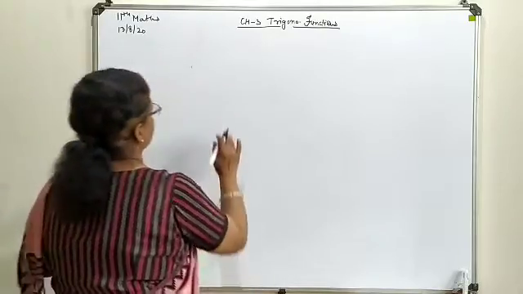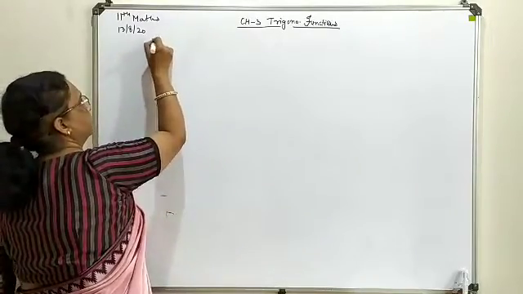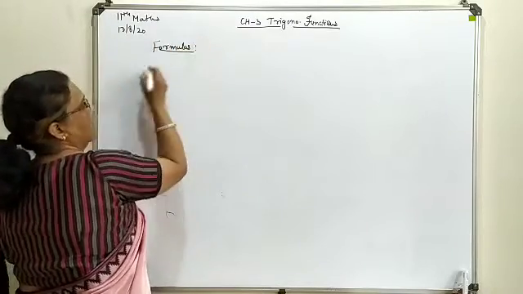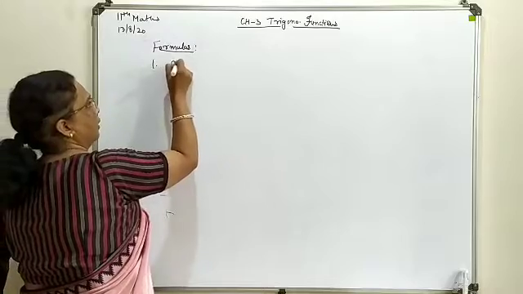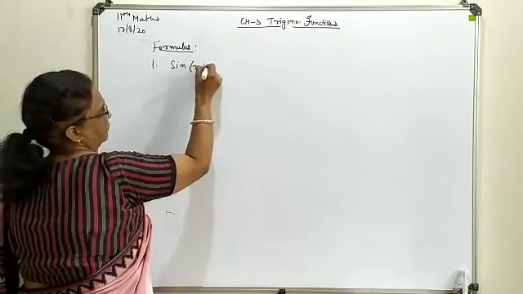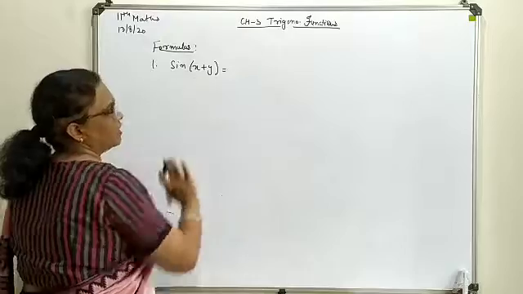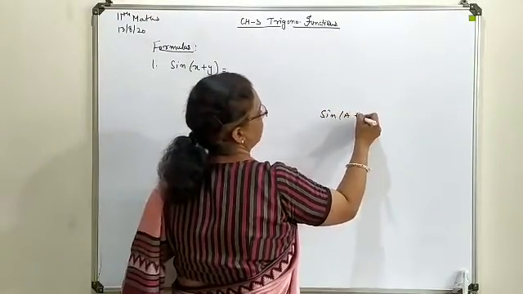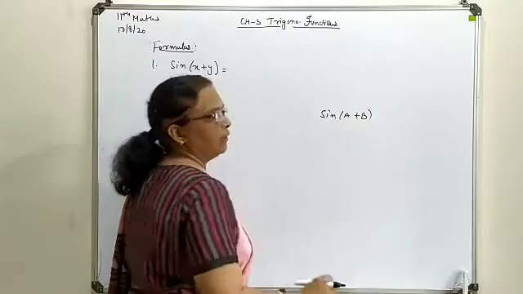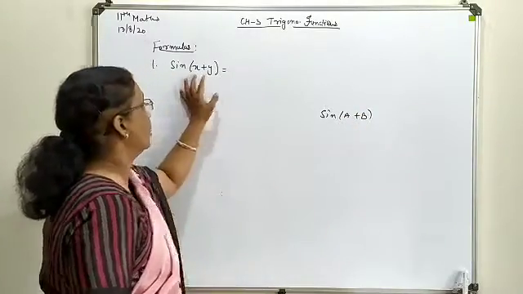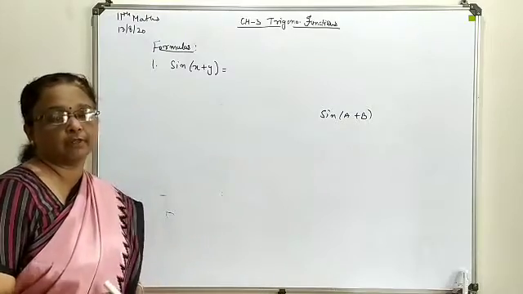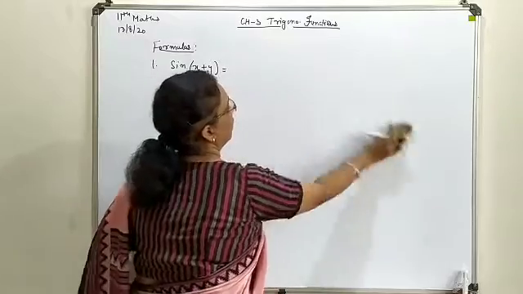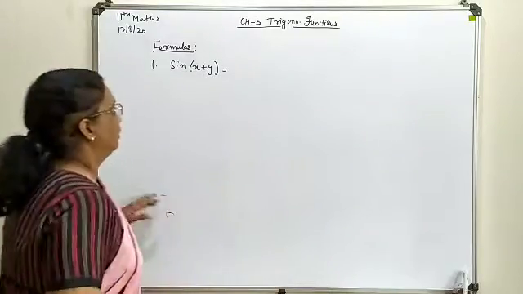Now here, first one, sin x plus y means sin will be written as a sum of the two angles. Here two angles will be available with any of the combination. So here in place of x and y, even you can refer a and b. So as per your convenience, you can keep in your mind what is the convenient way to remember it.